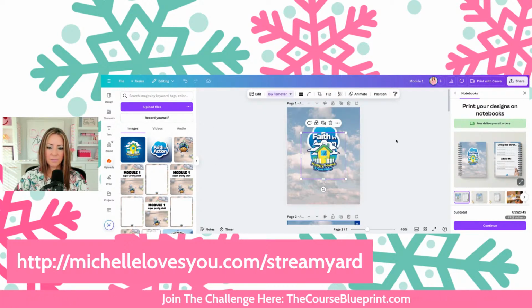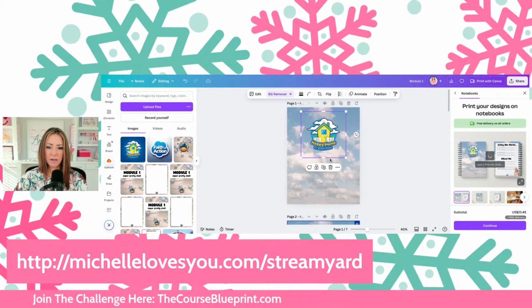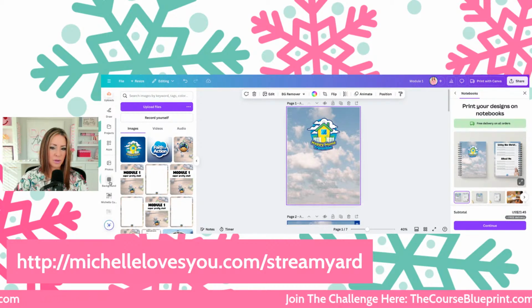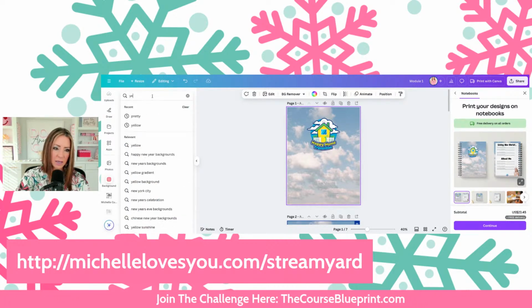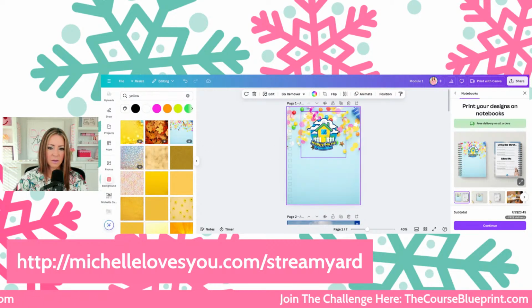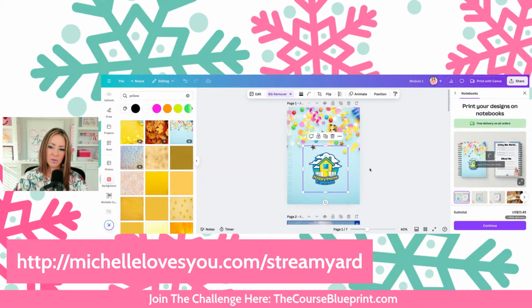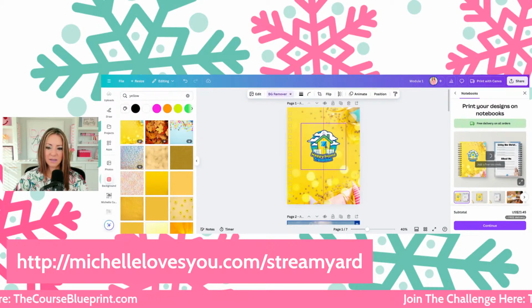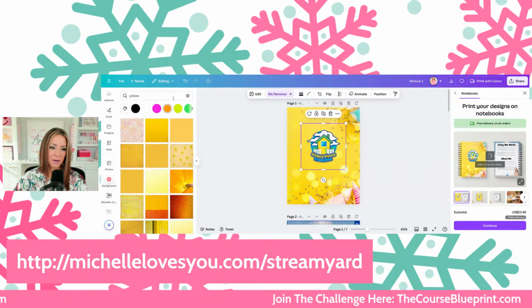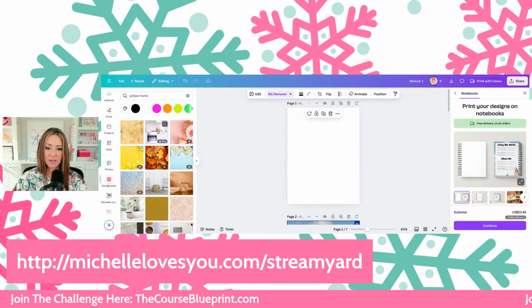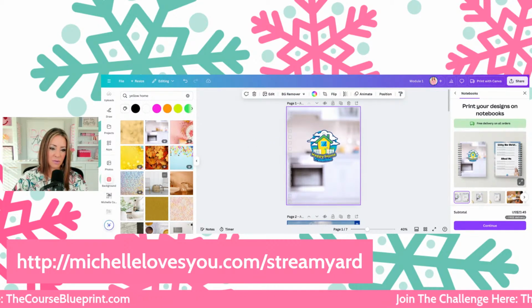Background remover. Okay. And now we're going to move this out and put that there. Now, this background needs to be something like yellow to match. So I'm going to go to backgrounds and say yellow. Maybe it'll come up with something. Would this look cute or would that be weird? That might be weird. Oh, but it's so pretty. I love it so much, but I know that's not what we're supposed to be doing. That's not about houses. That's about like a party. Yellow, and then just put home. Maybe it's something like this, like a home background. But the colors don't work so well.